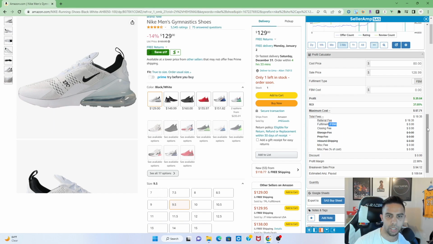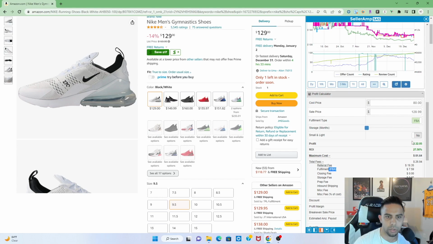I FBM'd a lot during these holidays, so it was very useful to use. And you can also toggle small and light right here. It says small and light. If you want to say yes, it'll update to the small and light fees. See, it's slightly less, and that's only if your product is in fact enrolled into the small and